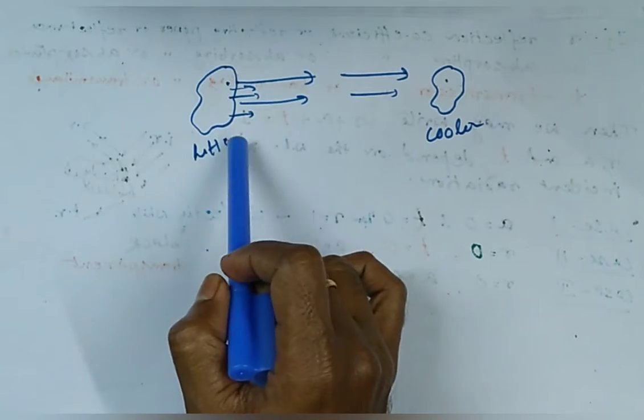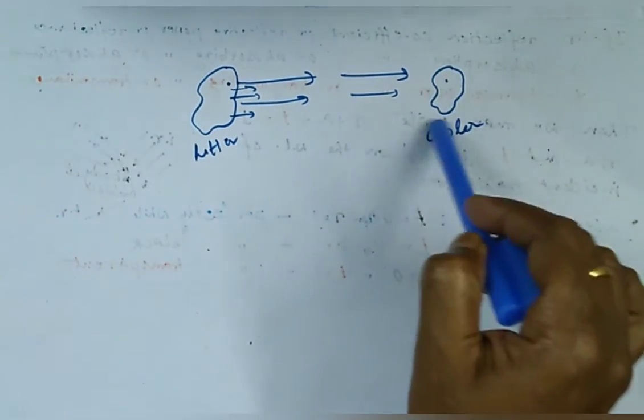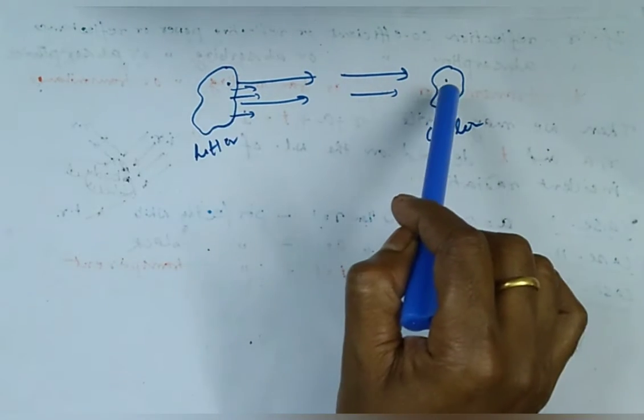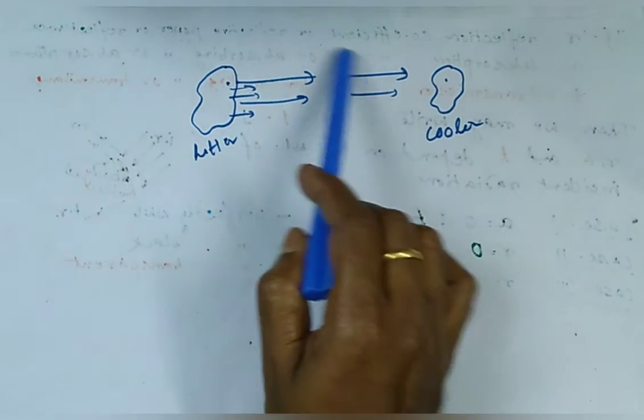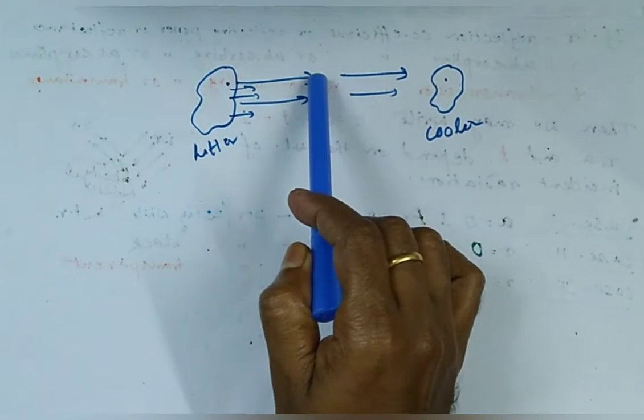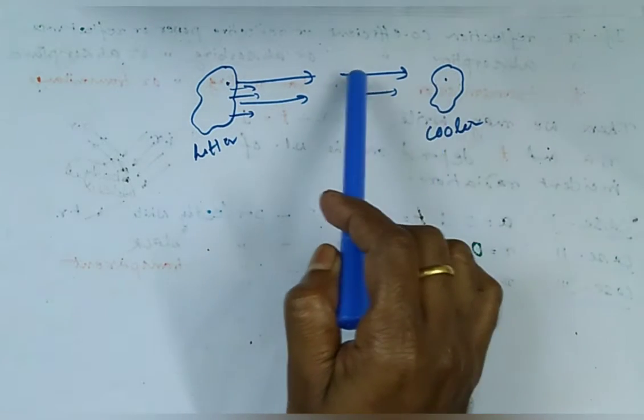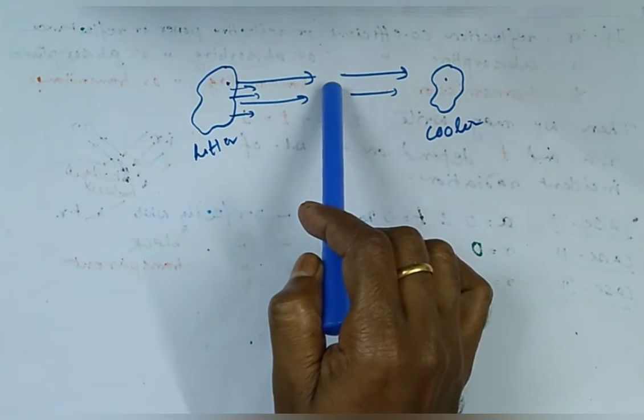Then what is radiation? Radiation is one of the processes by which energy, mainly heat energy, transfers from one body to another even when there is no medium. Look at the diagram. This is a hotter body and this is a cooler body. The energy transfers from the hotter to the cooler body. The medium is completely empty. Thus, the energy transfers from this body to this body by the radiation process.